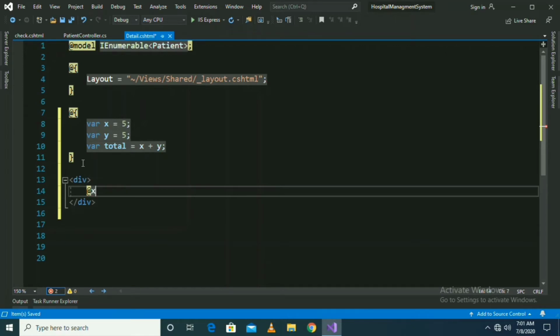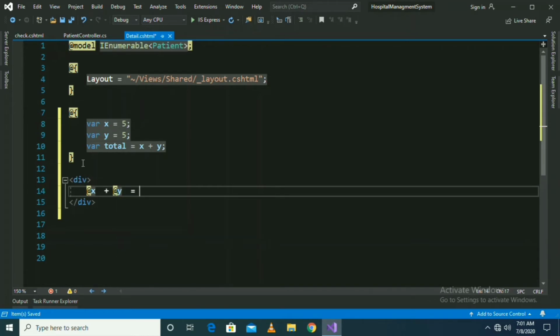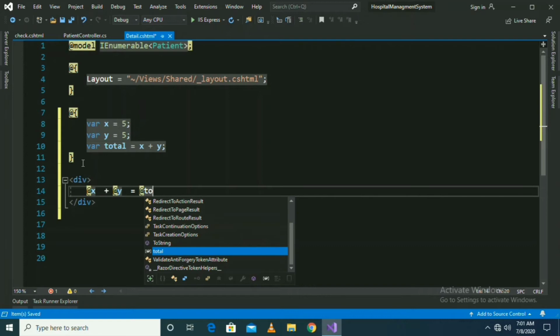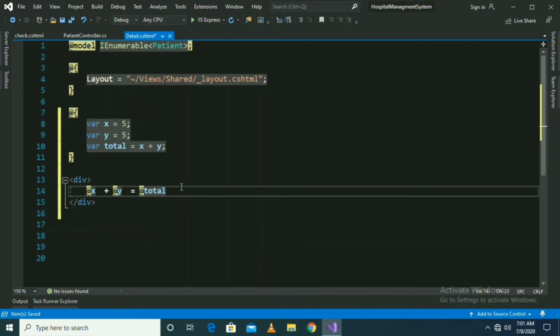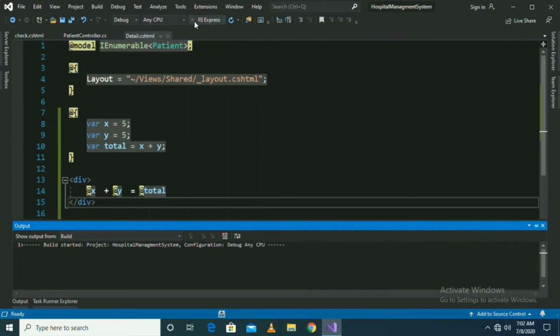So if I want to use them, I have to make them understand that I am going to use C# code. X is equal to @x, y is equal to @y, total is equal to @total. So in this way it will take these values from here. Now I am going to execute it and check whether we are getting our desired result or not.